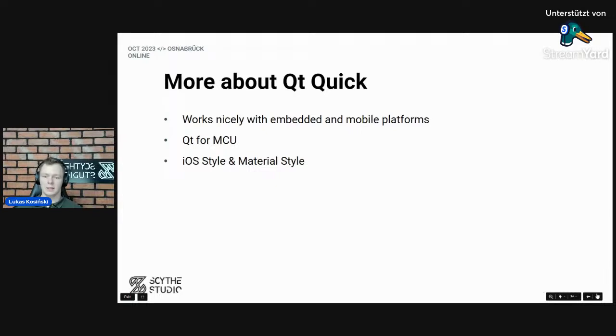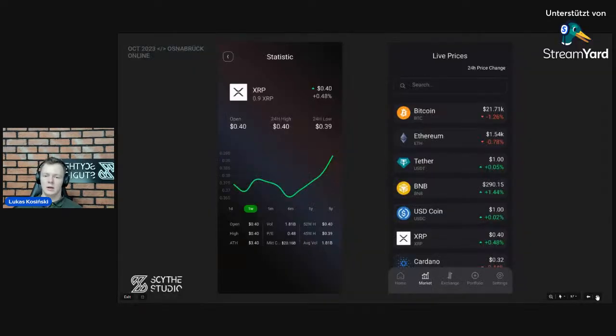Qt Quick has a lot of styles, including iOS and Material styles, so you can make your app look like a native iOS or Android application. Here is actually the application that we developed at Sci Studio using QML. And I also have some skills in developing Flutter applications.